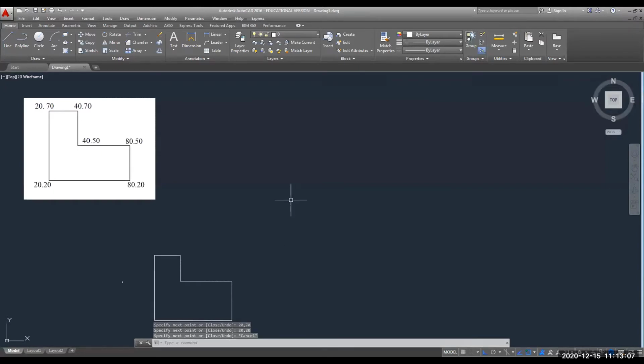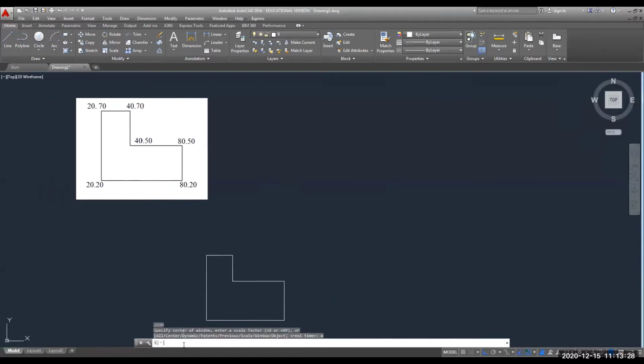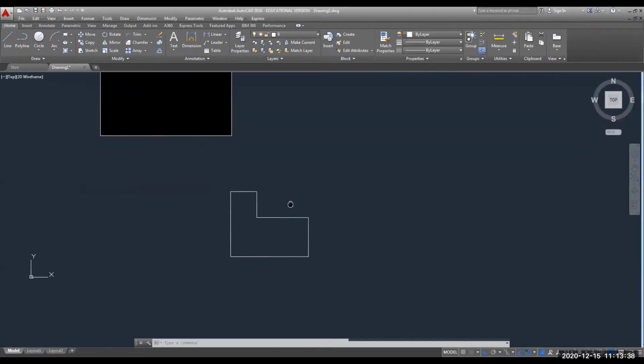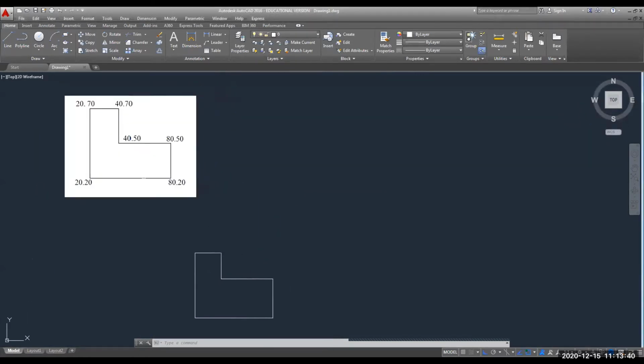Now we have drawn the figure, but it is not clearly visible on the screen. It is looking very small in the lower part of your screen. So for this, once again I will tell you, if such a situation arises, you have to use the command zoom, Z, enter, all, A, enter. So it will zoom to whatever is there on your screen. Since we have that snapshot of the drawing also, that is why it is coming like this. Now we don't need this.